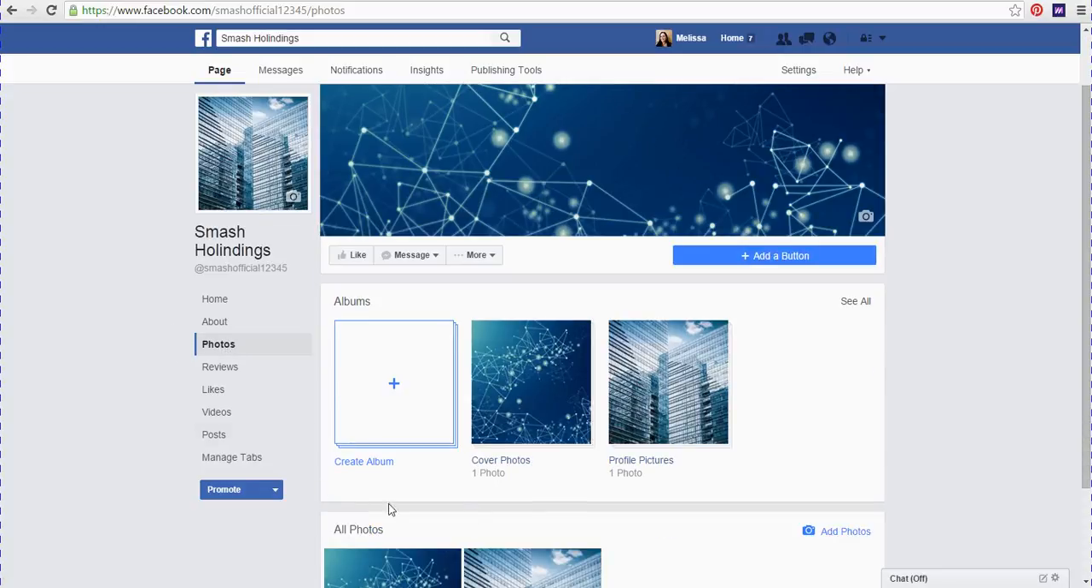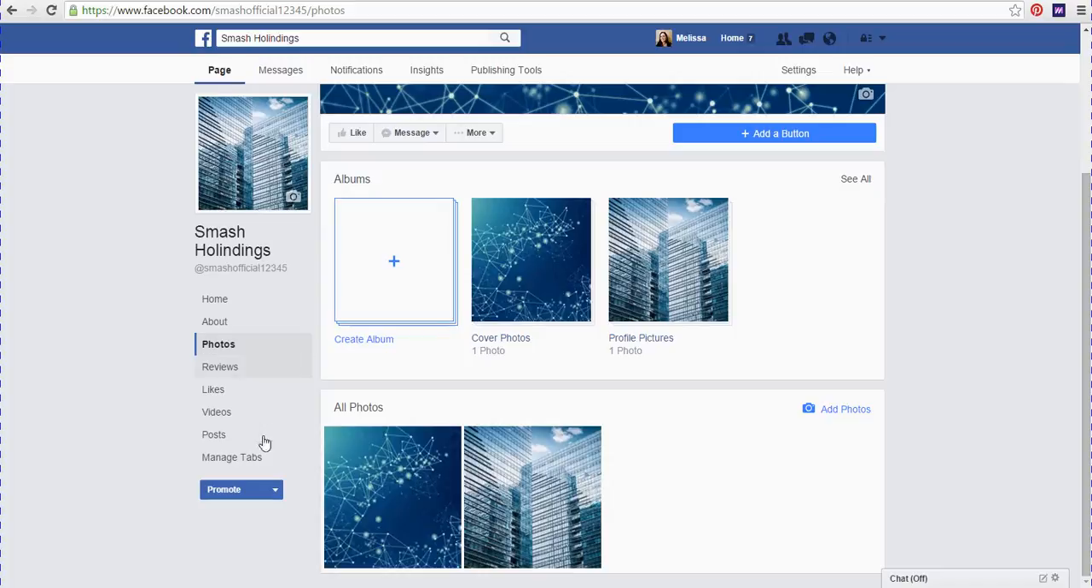This is going to show you, obviously, the cover photo that we had uploaded earlier, any profile pictures. As you continue to add photos, all of those photos are going to accumulate down here. Let's say, for instance, you had an event and you wanted to upload all of those photos from a particular